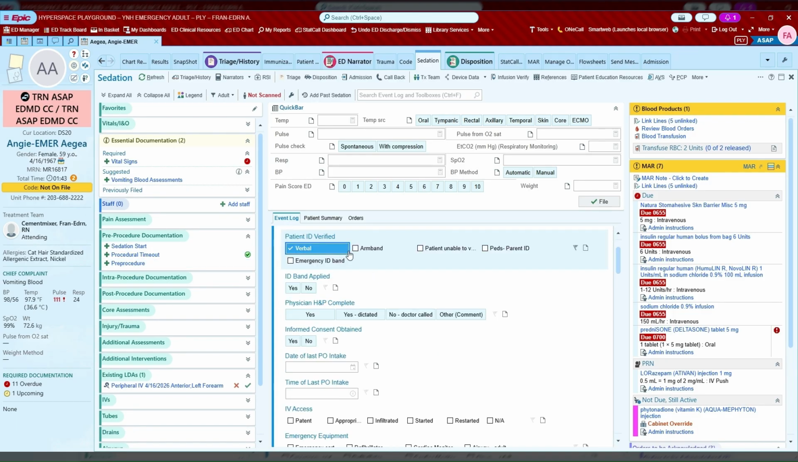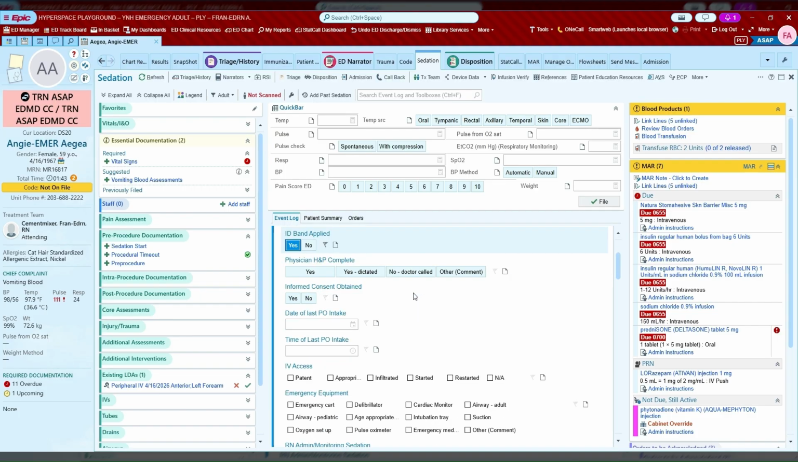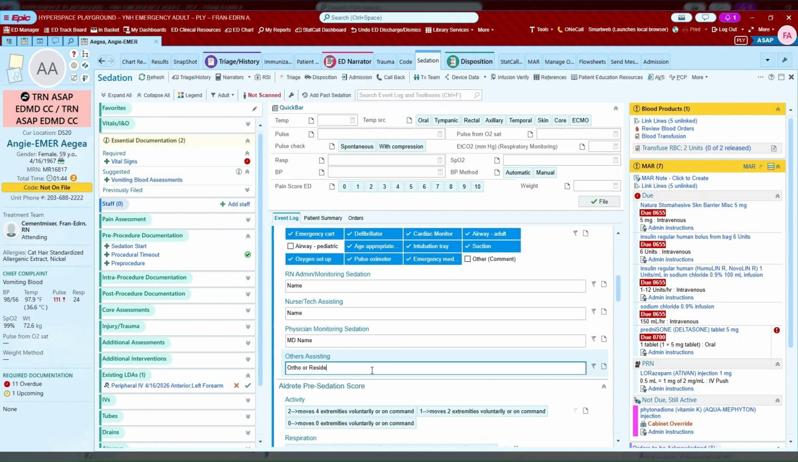These should be completed prior to the start of the procedure. The informed consent is completed by the provider. It is your responsibility to ensure the consent form is completed, signed, and lists the correct procedure before the patient is sedated. All of the emergency equipment should be inside or immediately outside the room prior to the start of